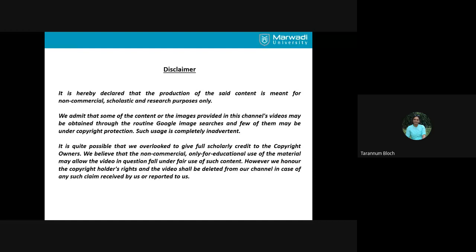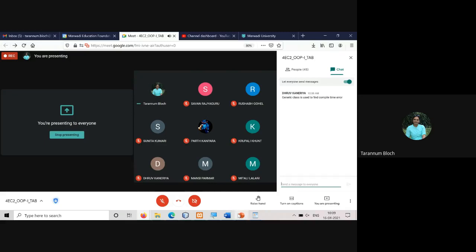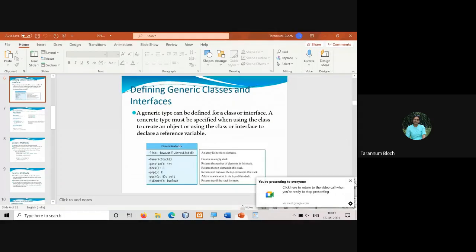So before the use of generic concept, that is prior to JDK 1.5, we were not having any facility in Java to check the type compatibility. So whatever user was entering, that was given at the runtime, right? Which would make the project or the software inefficient. Okay, so to deal with this, the concept of generic was launched, and generic is used to find out the type compatibility related things at the compile time rather than at the runtime.